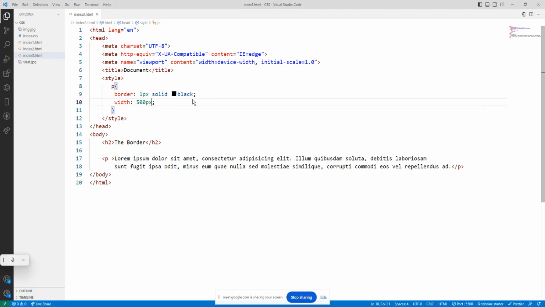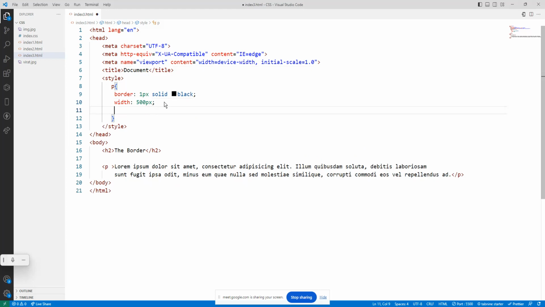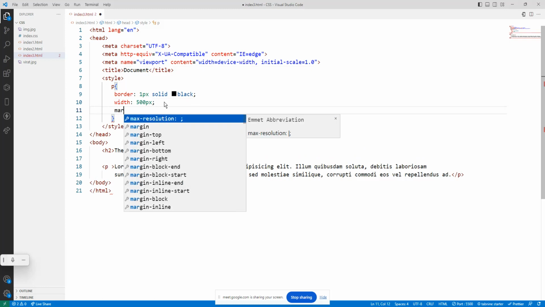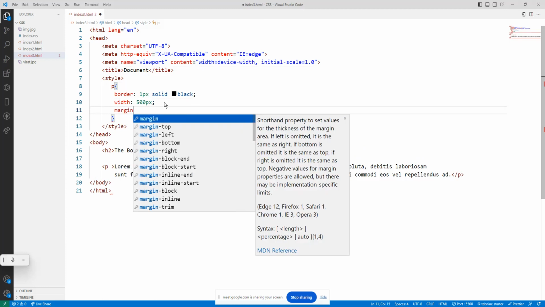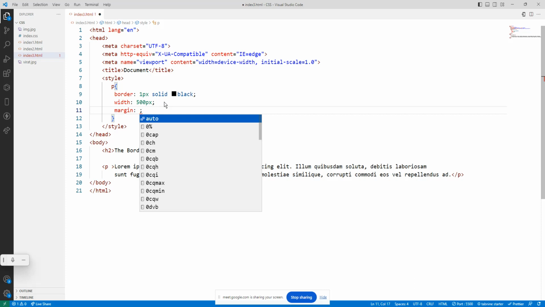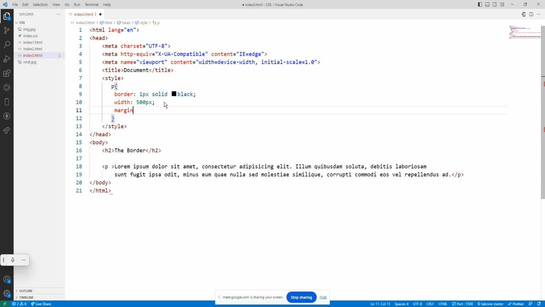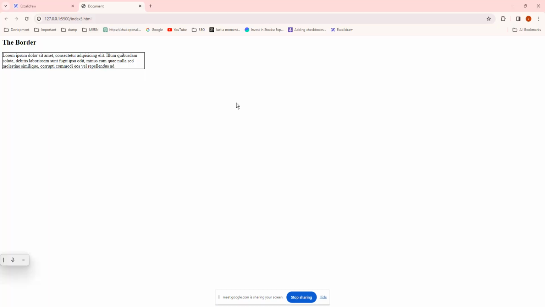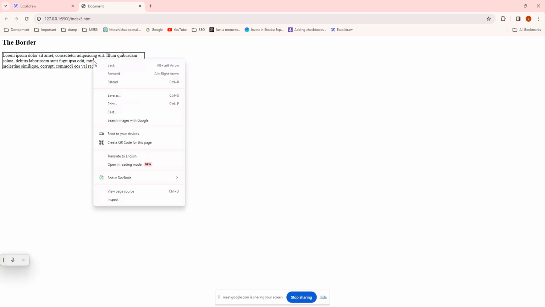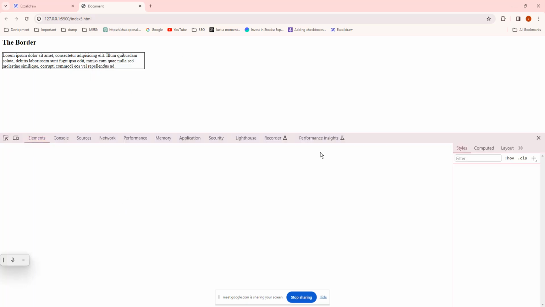So now what I want to do, I want to apply the margin. So what is the margin? Margin. Okay. So I will explain here only initially. I want to set a margin in the browser only. How? Right click, inspect, and